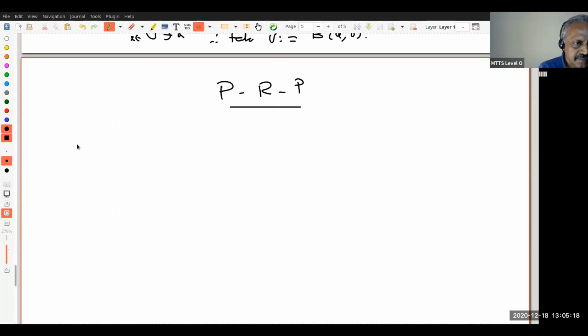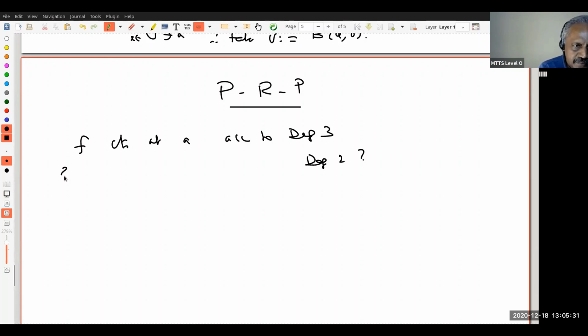Now let's look for the converse. Let f be continuous at a, according to definition 3. So I have to prove it's continuous according to definition 2. This is what I have to prove. What does that mean? It means that to prove f is continuous according to definition 2, which is an epsilon-delta definition, I am given epsilon positive. Then I have to find a delta positive such that something happens.